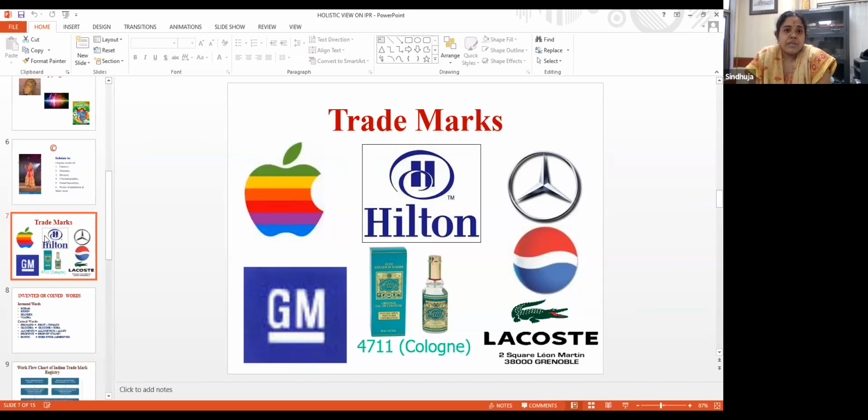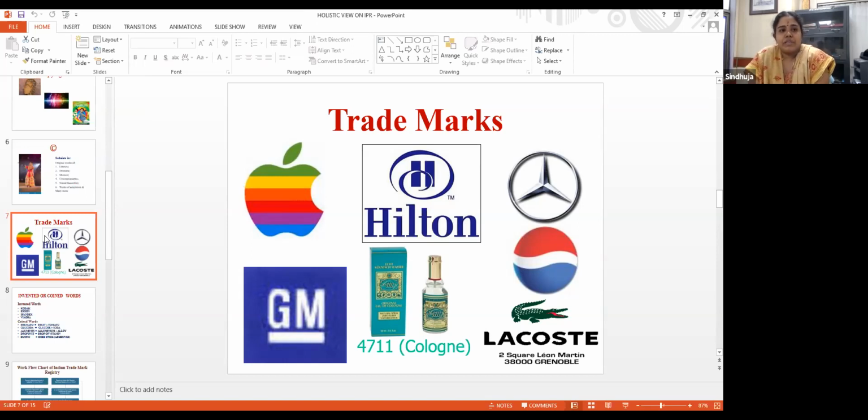So trademarks can be in different forms. As I said, a sound trademark is a very recent development. Since 2017 we have it in India. Now some sound trademarks are also being registered nowadays. And then in the recent Singapore Treaty, even smell is being included in a trademark. So in the coming decades, India will also be a party to it, where we have smell as a trademark.